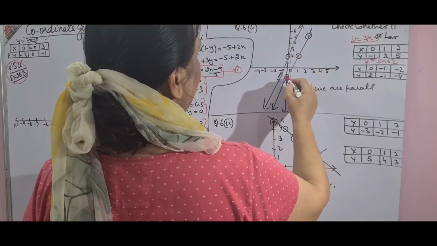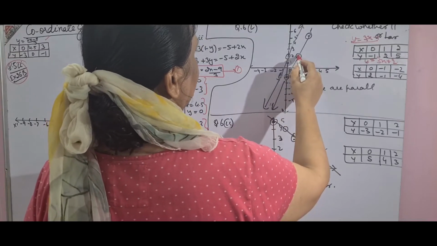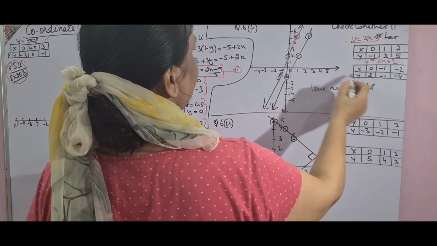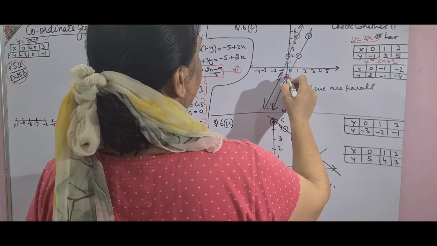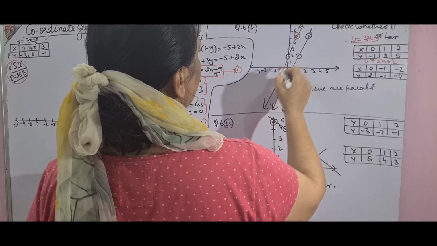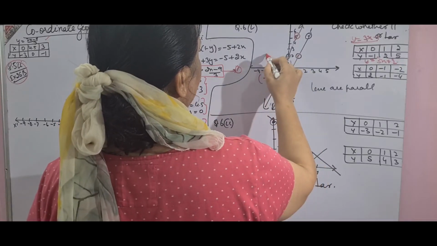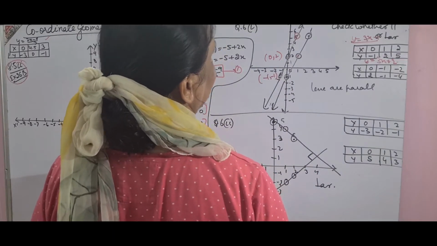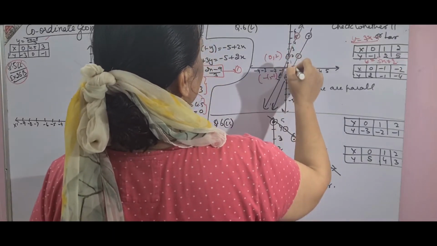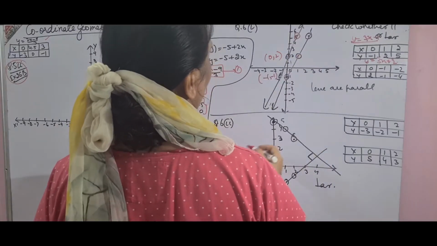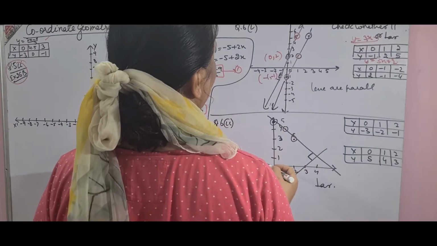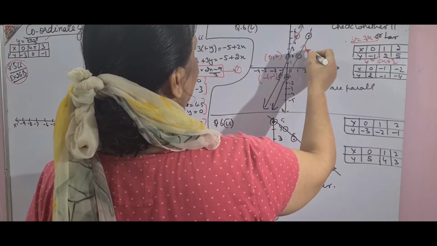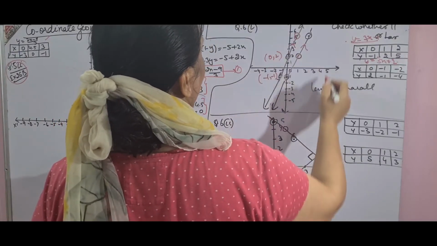So see, 0 and minus 1, 1 and 2, 2 and 5. Then of course the second is 0 and 2, minus 1 and minus 1, and then last is 2 and 5. Please don't forget to write the points, which carry marks. So this is your required pair of equations of lines. And since these lines go exactly parallel to each other, you will write that the lines are parallel.